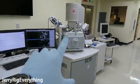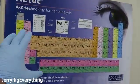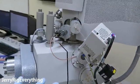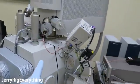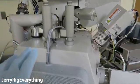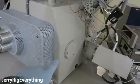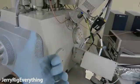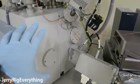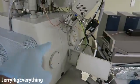The electron microscope is able to differentiate different elements on an elemental level simply by putting the sample inside of this machine. And that'll tell us exactly what the silver play button is made of. So if you listen very closely, there's a high-pitched sound. And right now it's pulling all of the oxygen, all of the air out from inside of this machine. Because as you know, oxygen and all of the other molecules inside of the air have their own elemental makeup. And so we have to have 0 air inside of the machine to get an accurate reading on the play